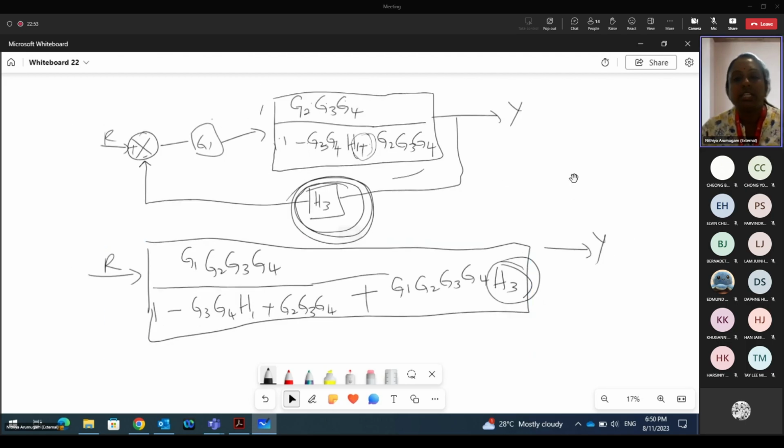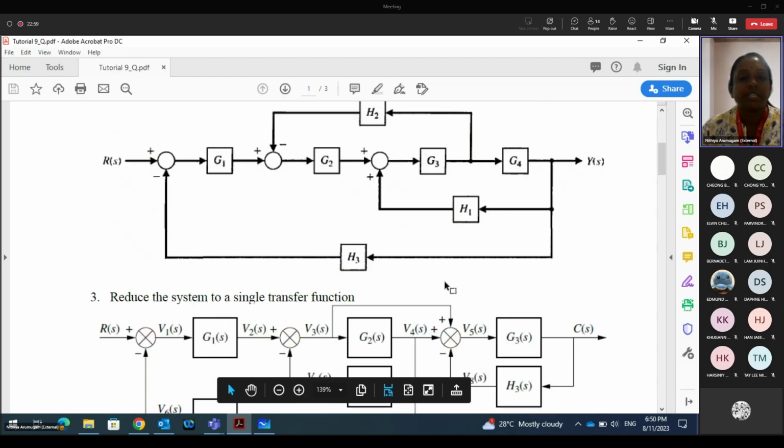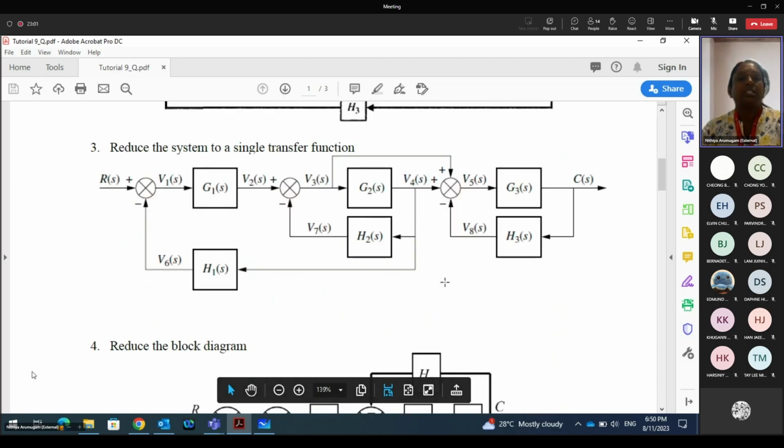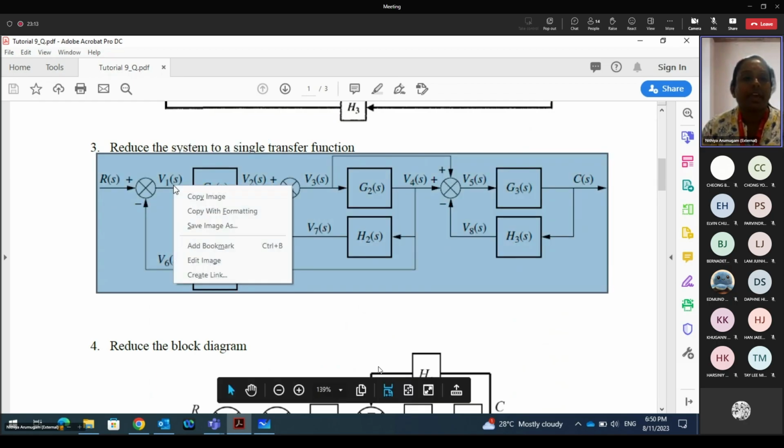Okay, so this is question number 2, sorry. Question number 3, reduce the system to a single transfer function. I think this one, if you try, you can do, but you have to do it one by one. Okay, so we have